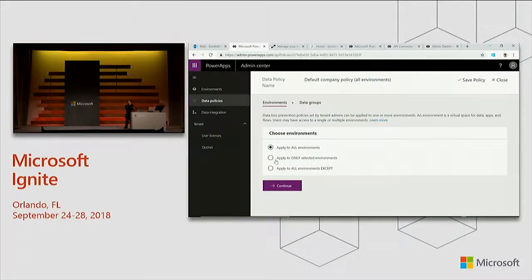What I have here is a default policy that's already set up. Again, I'm a tenant admin, so I can apply it across all environments. But you can see that DLP policies layer on top of each other, right? So I can have multiple policies in place for my organization. I can have a base policy, for example, that's defined across all of my environments. And this is something that I would urge you to do within your organization: have a base policy that